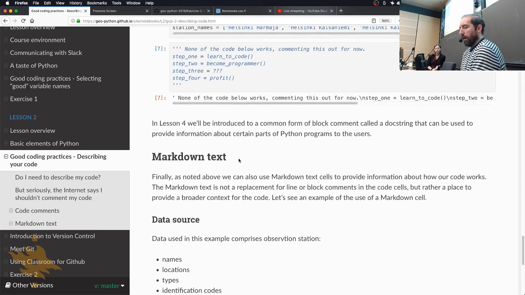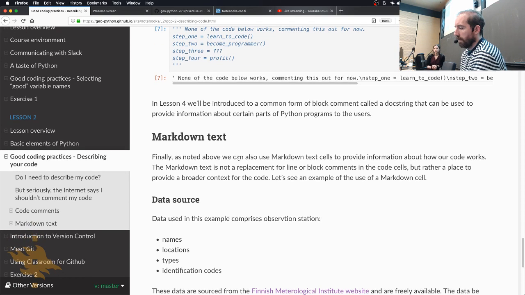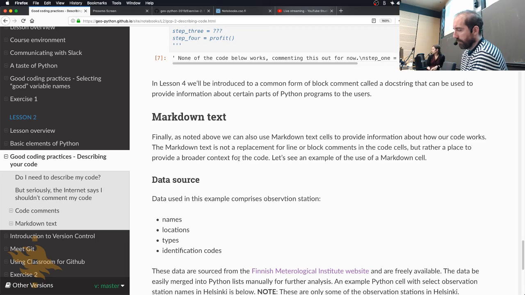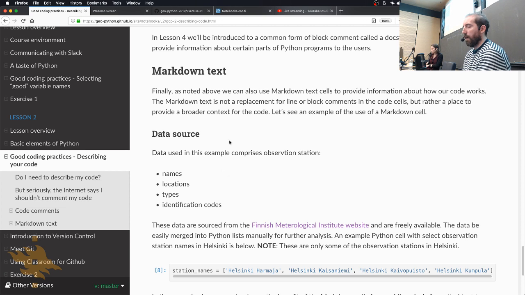So finally, about the Markdown text, we've already started using that a little bit, and you'll continue with Markdown after this, and get some practice even in this week's exercise about Markdown. But this is the real power of the Jupyter notebooks, is the fact that you can have in here these cells where you have not only a single line or little description, but you can have something like a Markdown cell here with a data source, and then some information about what kind of data you have present,